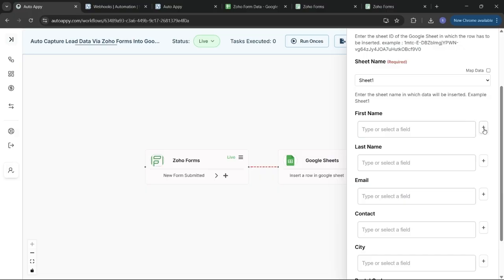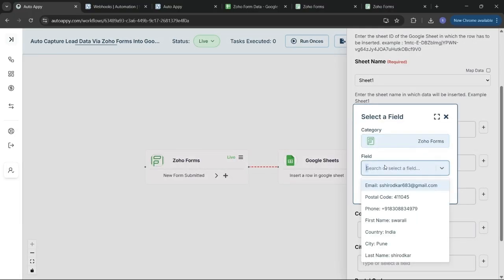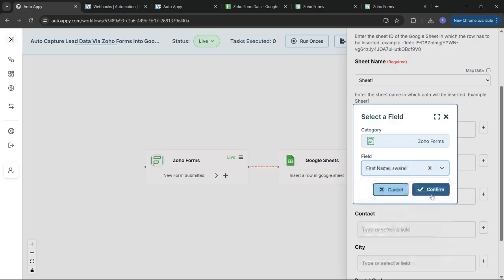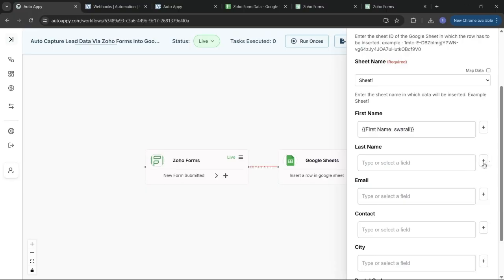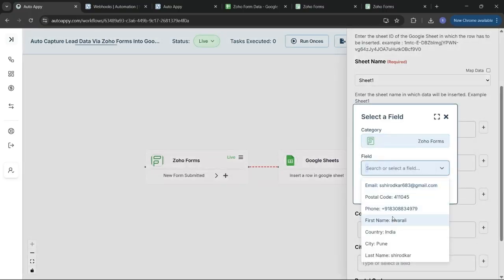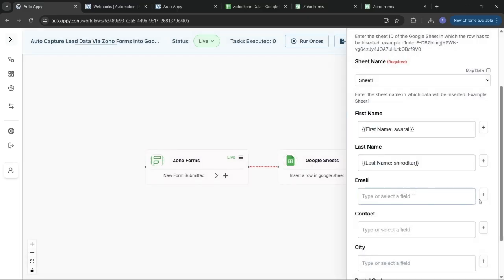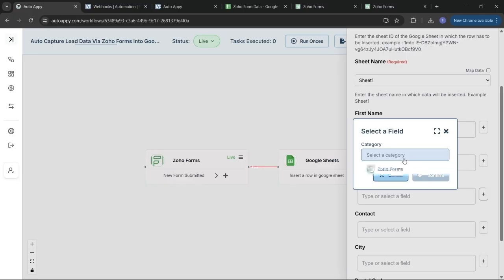So just go to the first name, go to the data mapper, in the category select Zoho Forms and go for first name, select it, and then in the last name also we do the same thing. Select the surname from here or search it inside there, and in the email address go to the data mapper